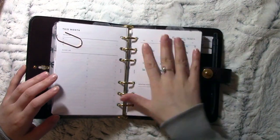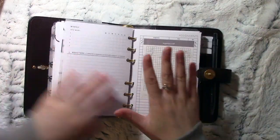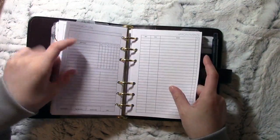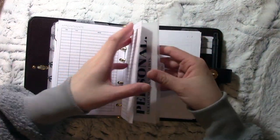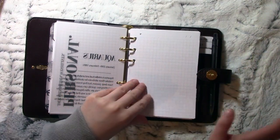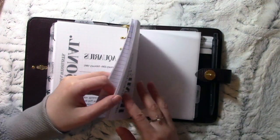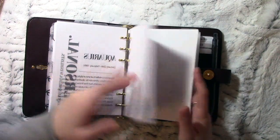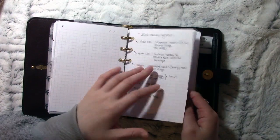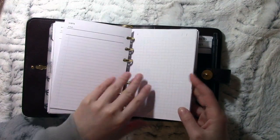So there you go, my work section with my month at a glance for the work. It does have my assignments here, and then my checklist, my appointments for study, task management, my personal section, which is similar to how I have it in my Pocket Excel, which has the wish list at the back. At the front we do have my extra notes that I keep for personal use, so my planner system that I'm trying to get right, my extra lists,